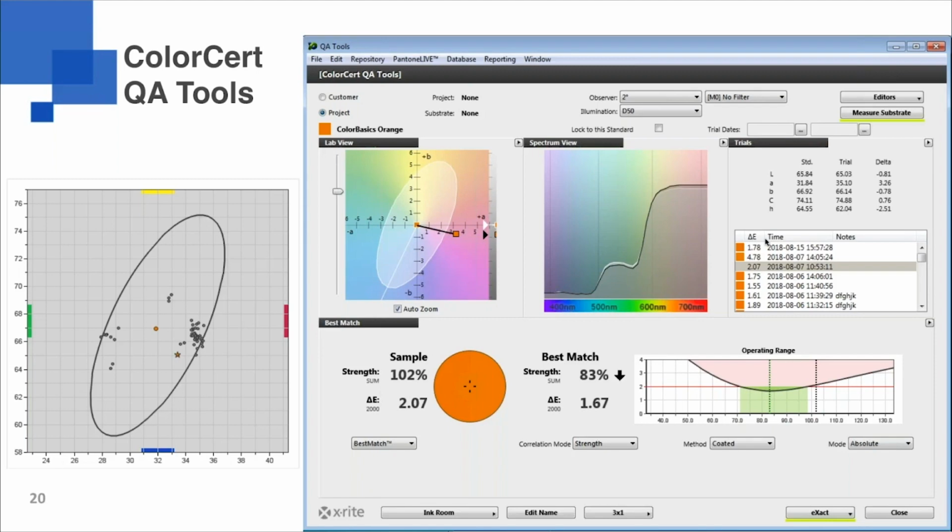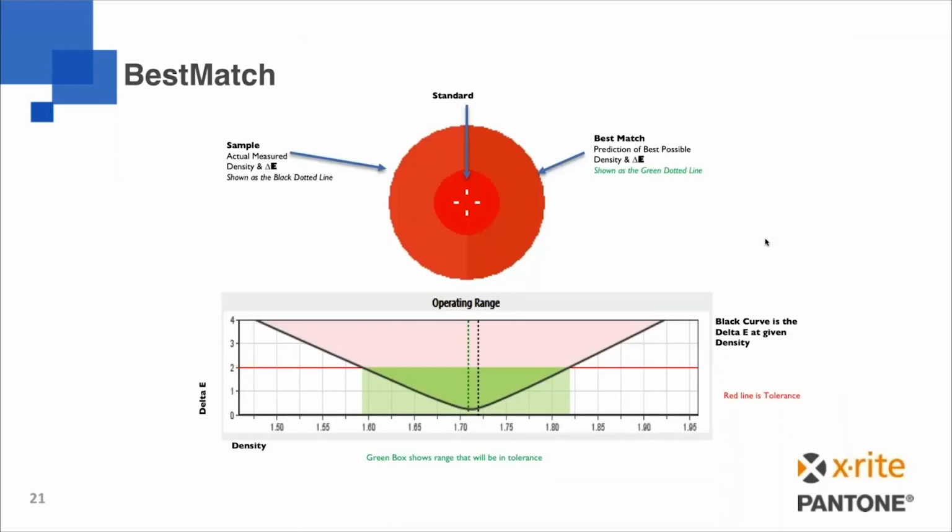So QA Tools is all about simply pulling up a color and matching that color. It doesn't require any work other than to create standards and store them in this database. It also does provide some ways of sorting colors. So if you want to sort them by customer, for each of your customers you'd have a collection of colors, or even by a project, which is for different products or families of products that I produce. I could put all those colors into a project for that,